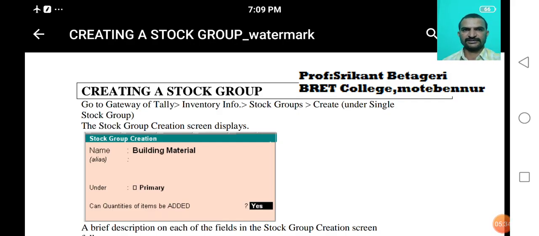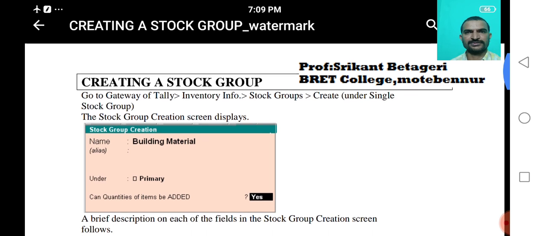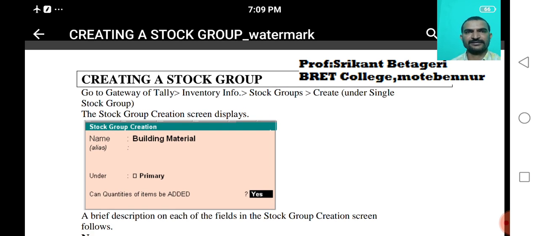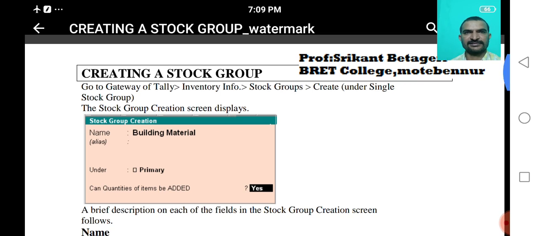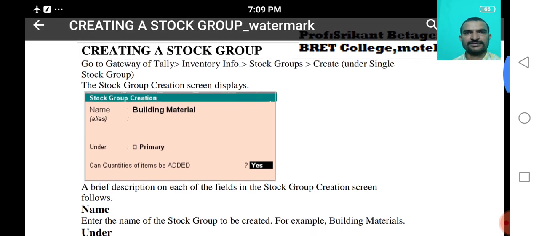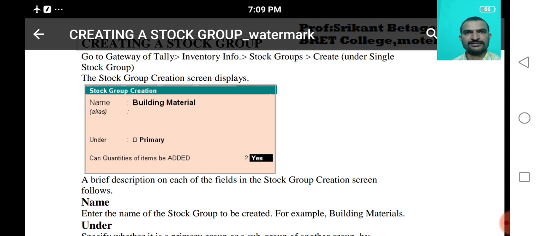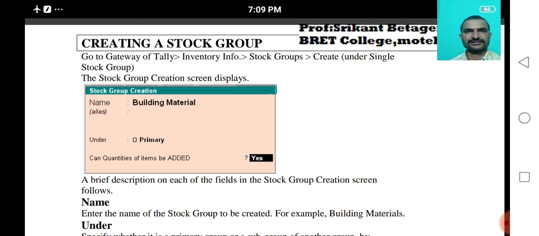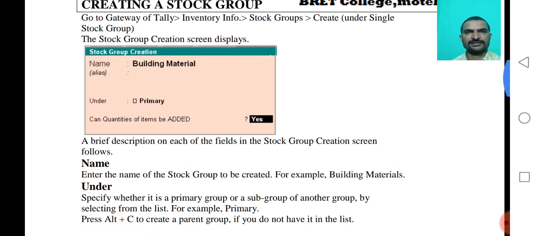So for the students' help, I am going to display the notes here. Please note down these notes, which are very helpful for your examinations. So creating a group: go to the Gateway of Tally, inventory info, stock group, create. Here the stock group creation screen is displayed.